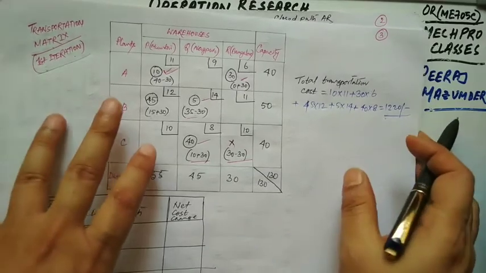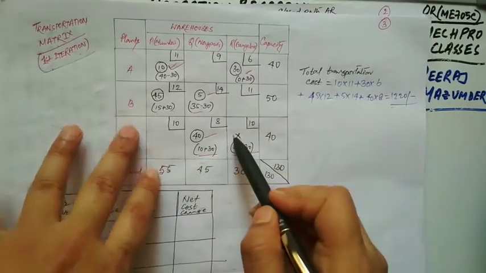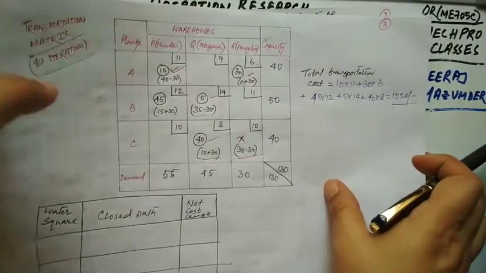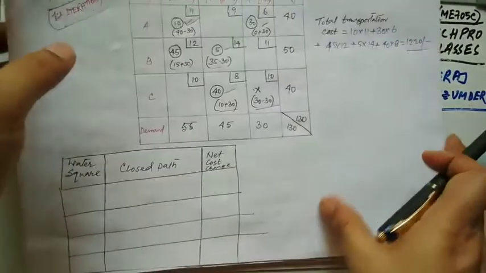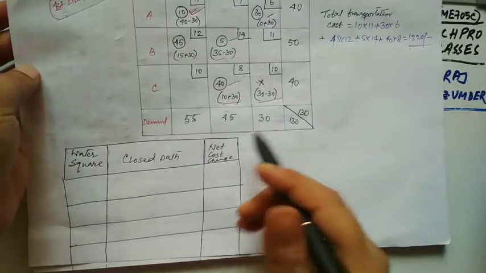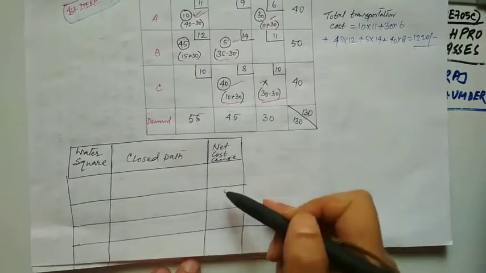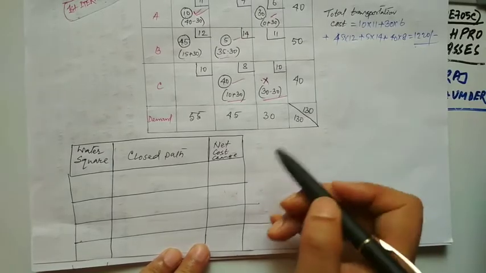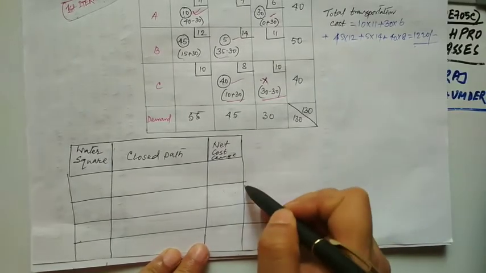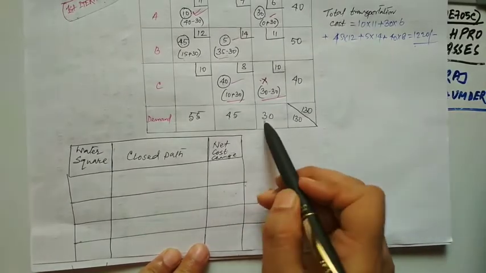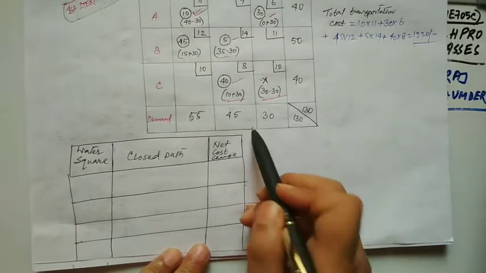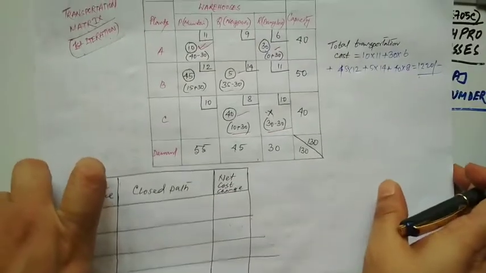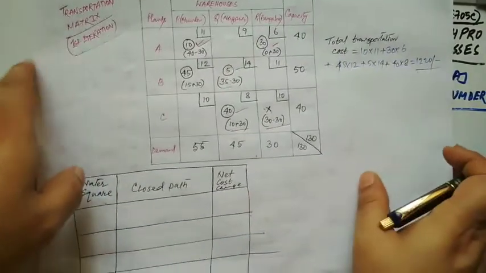Okay, now is this table optimal? We have to check again. Same method we have to apply, and we have to find whether any of the net cost changes is coming as negative or not. If any of them is coming as negative, that means it can be improved again, and we have to perform the second iteration. Let us see. Now we have to find the water squares. Same method.